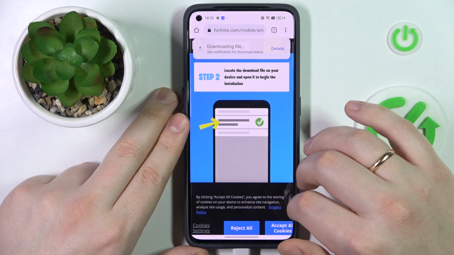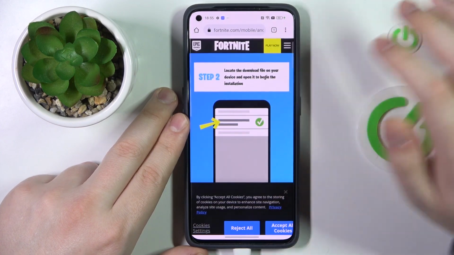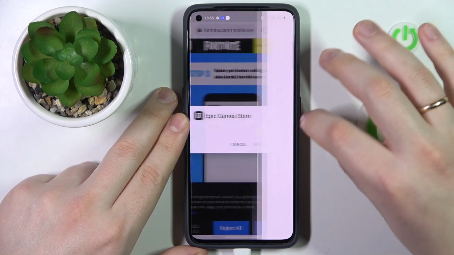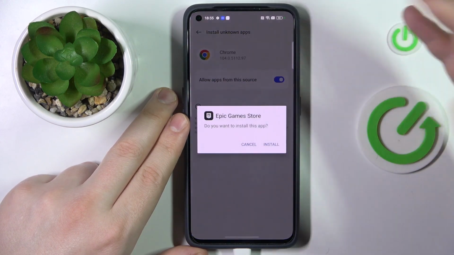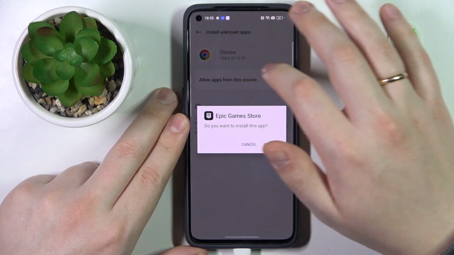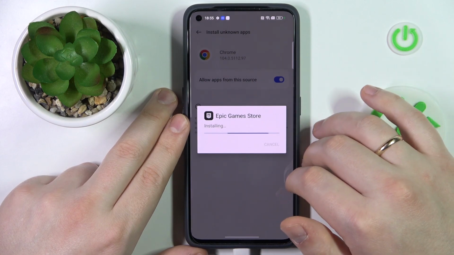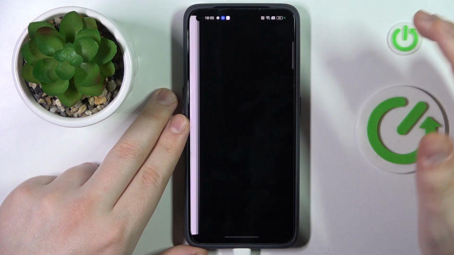Then confirm the download of the file at the following page, open it. Prior to getting the Epic Games Store installed, it is required that you grant whatever app you use to download it this particular access, that is, install unknown apps. After that, confirm the installation, launch the Epic Games Store,